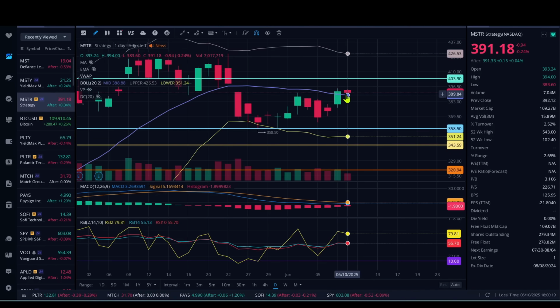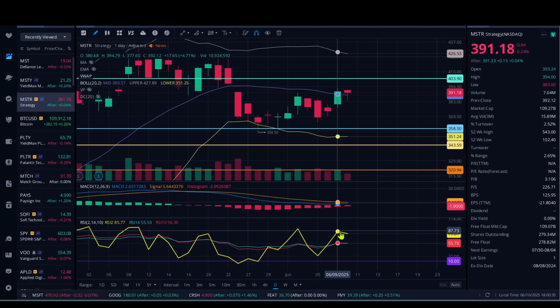It is above that mid of that Bollinger Band. So for me, it's not my buy time. It could be your buy time. You decide on when's the time to buy for you. But for me, I'm looking for the bottom of that Bollinger Band, and I'm looking for that RSI 2 to be